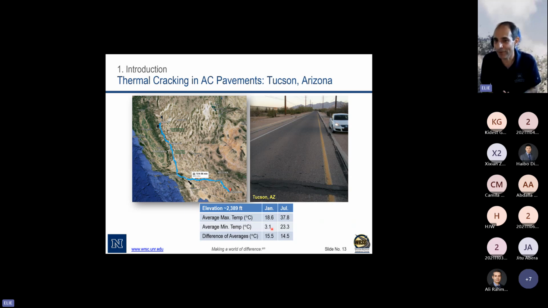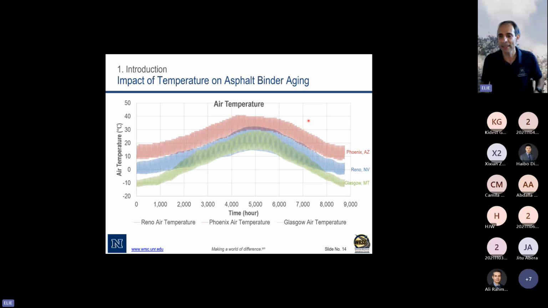So even with the warmer environment, and this is a good example from an actual field project, those are thermal cracks. They're not reflective crack from an overlay or anything, just thermal crack in your pavement. So that's why I like to call it thermal crack and not low temperature crack. And then one more point I want to make at the end is this is a simulation. We took the same asphalt binder, we ran the rheological properties and the kinetic properties, and we have a model with a software that allows us basically to predict the oxidation rate within my asphalt pavements, for a given temperature profile or climatic conditions.